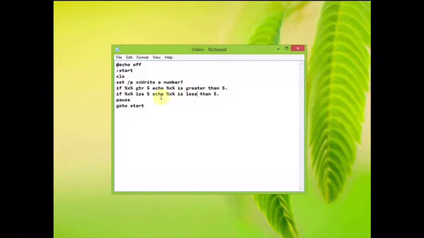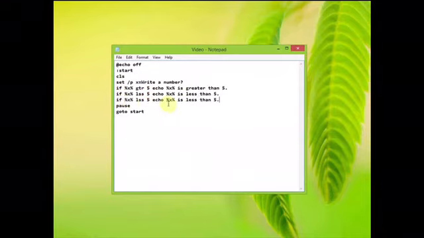So now what we've done is we've let CMD know that we could input any number we want, and it's going to change our variable x equal to that. If our number is greater than 5, tell us our number is greater than 5, and if our number is less than 5, tell us that. And then there's one more we could do.